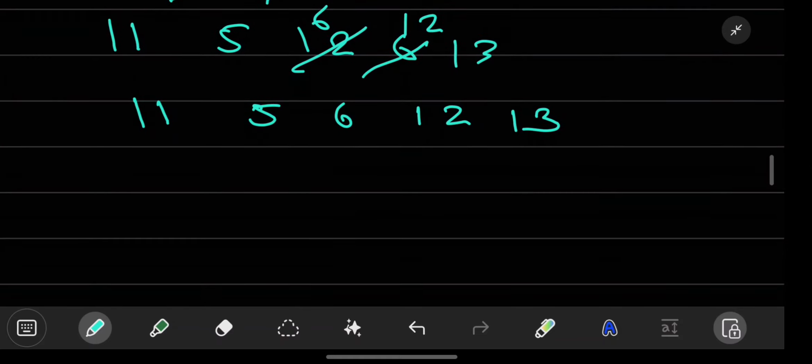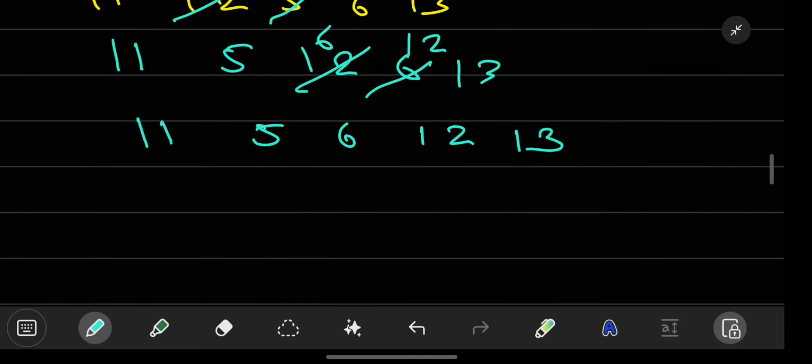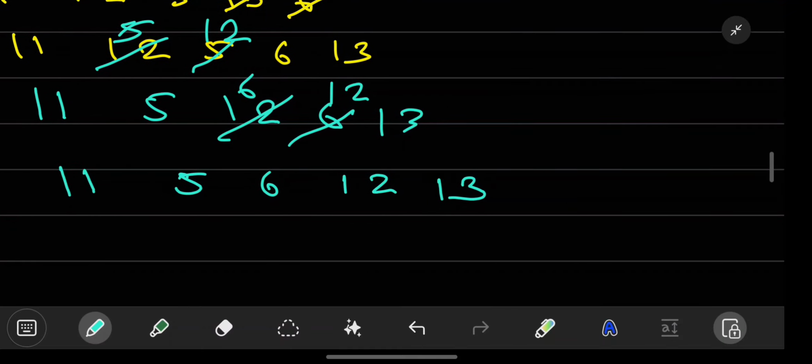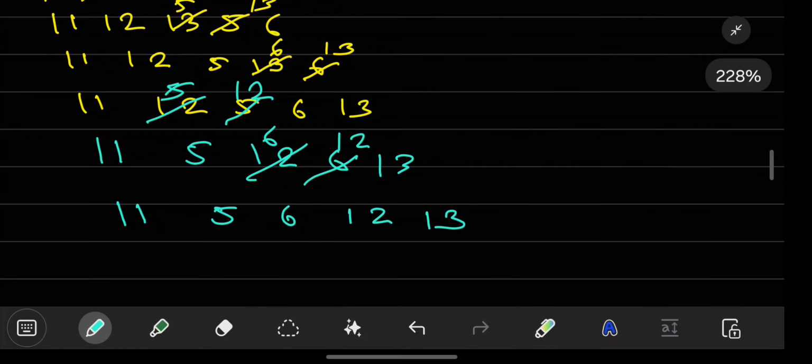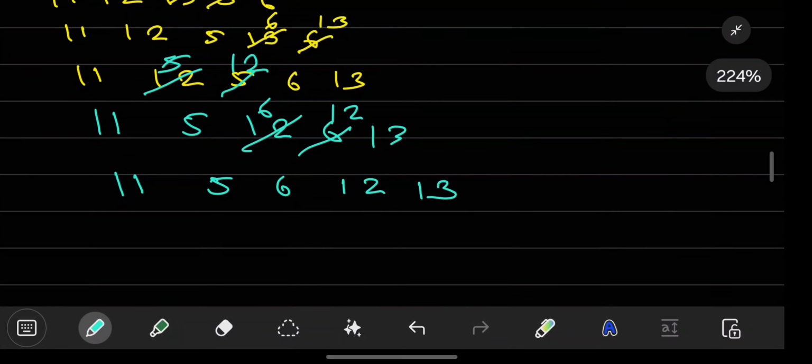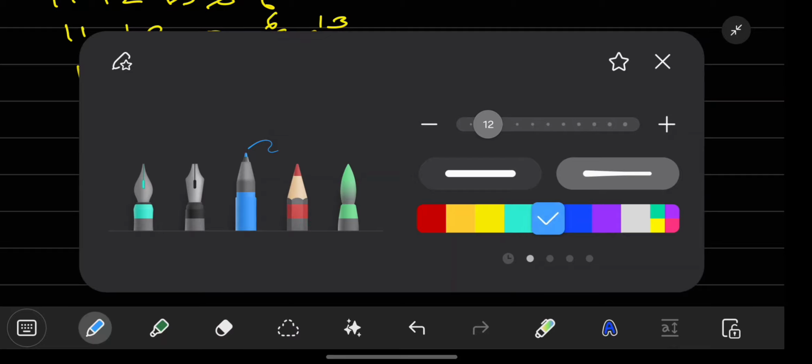But here you can see 12 is not greater than 13, so we do not need to swap the value. And here you can see that the second greatest value, 12, will come at the end just before 13. So in the next iteration,